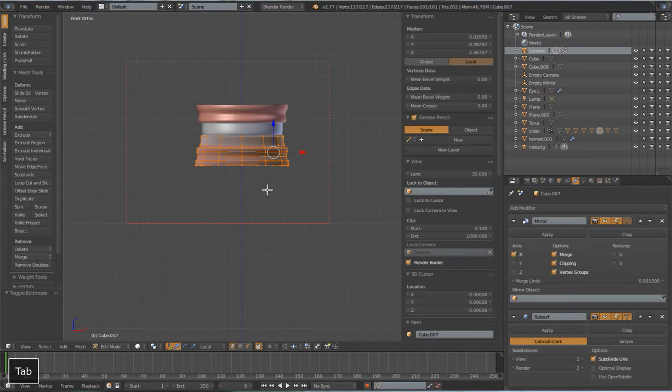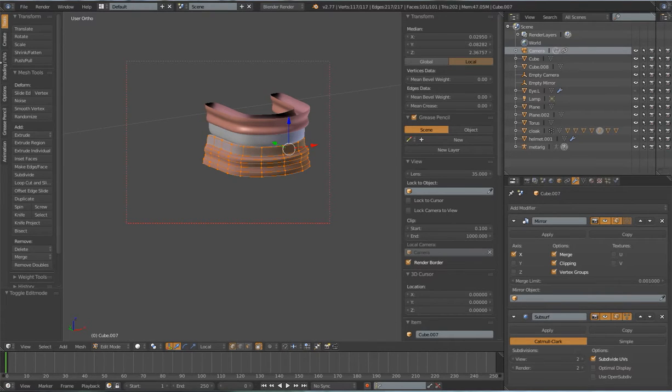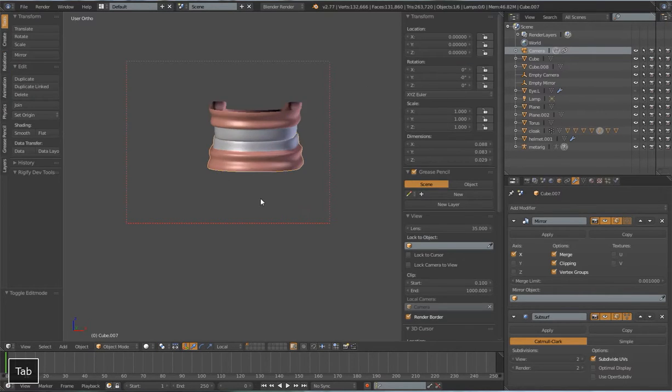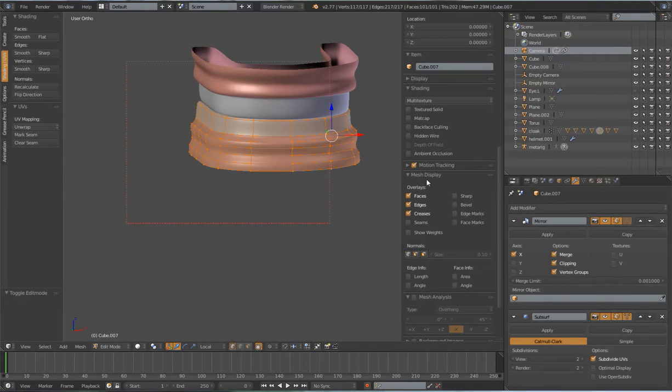Now I've fixed those teeth, but what's causing that discoloration is the flip normal. So if I select everything in edit mode, and then I go to the shading and UVs tab over here, I do recalculate normals, and you can see that that discoloration went away. And basically what a normal is, if I go down to mesh display here, I can